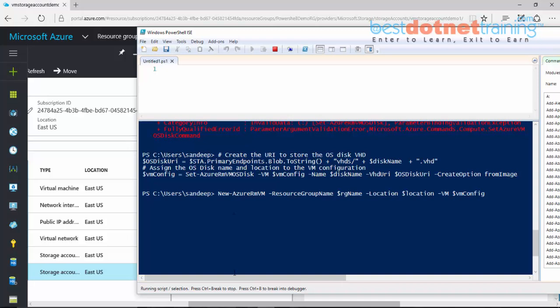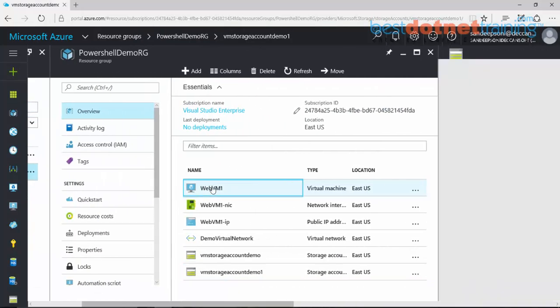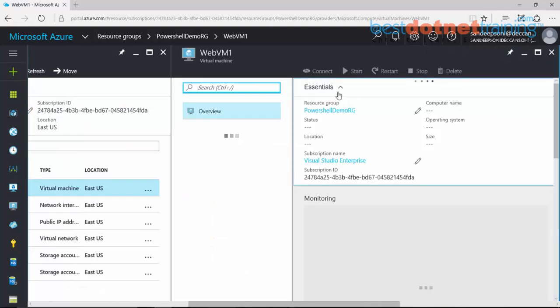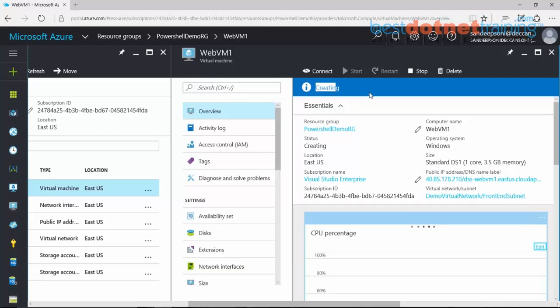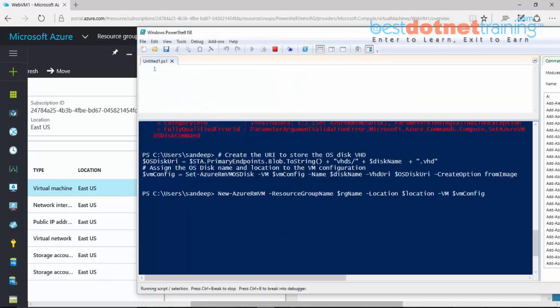So now let us see what is the status of the virtual machine. Click on it. It will take me to the overview, and here it will clearly say that it is starting, rather creating right now. It's not even created yet. After creating, it is going to start, and then it will be ready for further usage. So I will wait for this command to get completed,